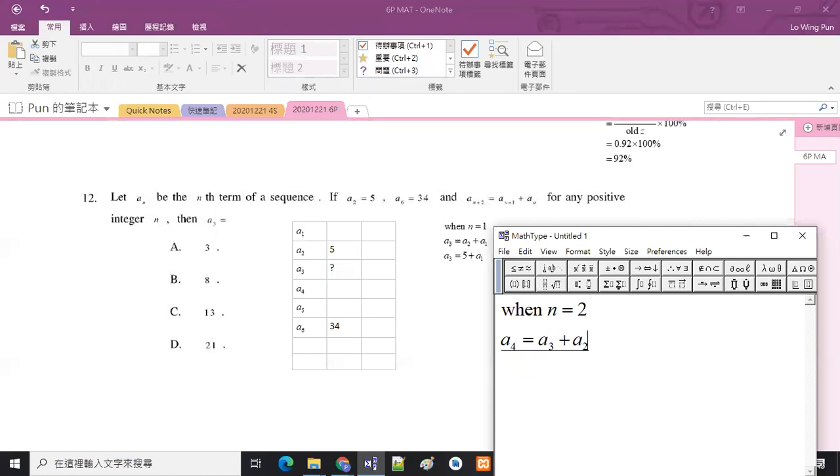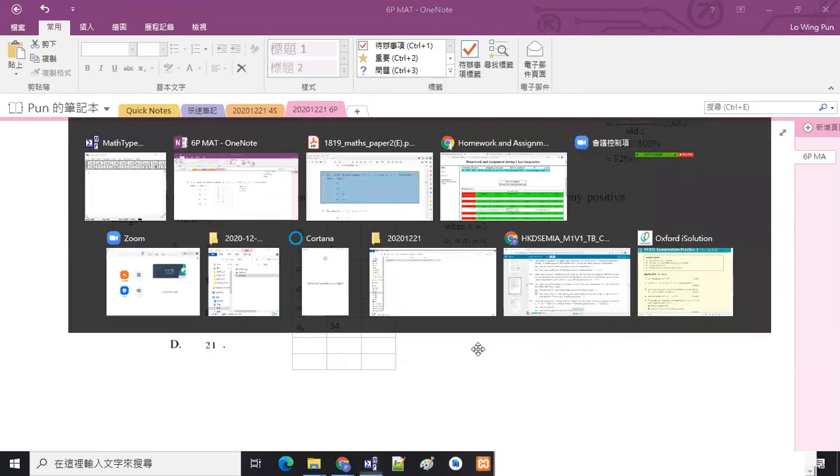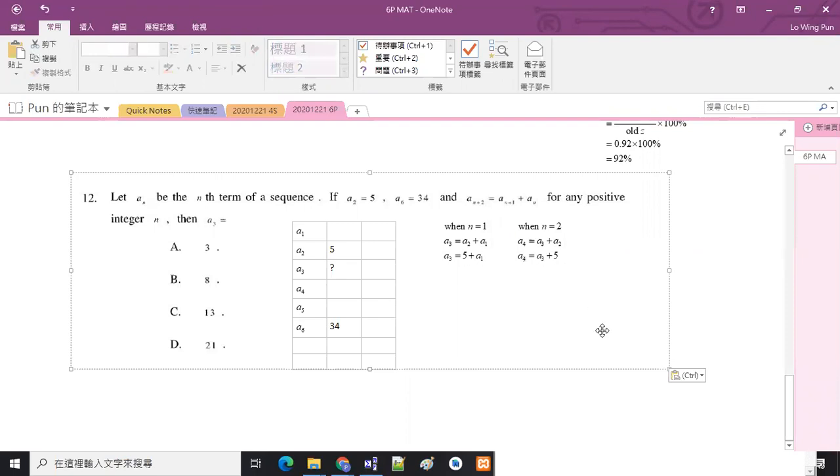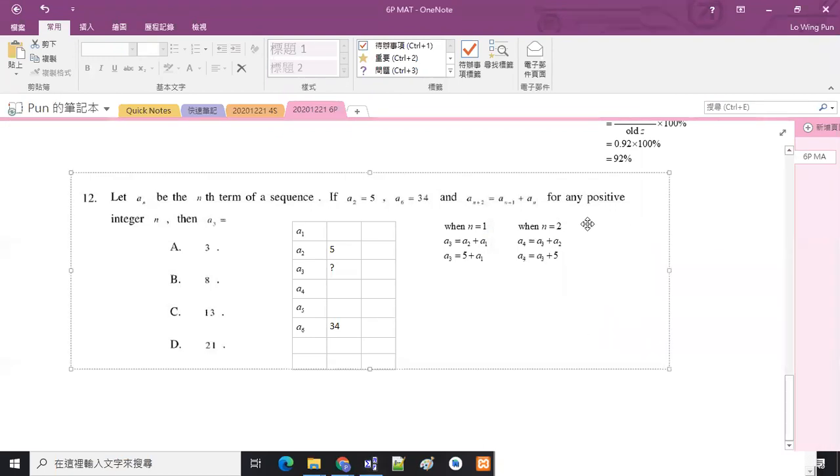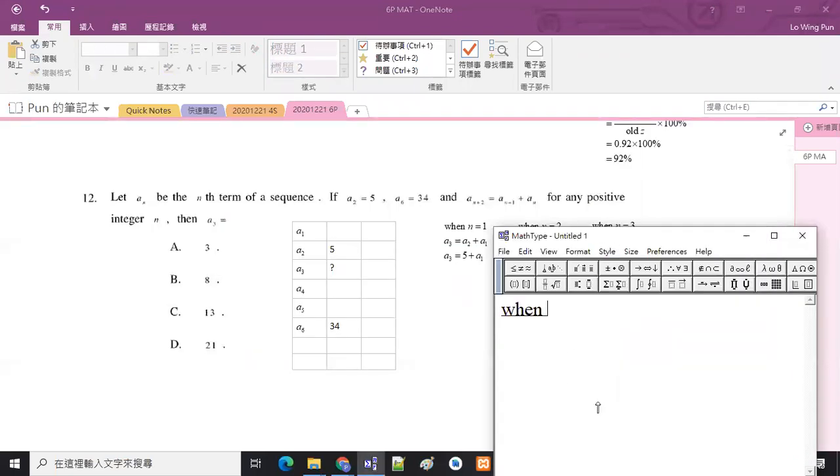But we know that A2 is 5, so A4 is equal to A3 plus 5。但係都係有兩個未知數，都係未可以計到住嘅。咁所以我哋又 keep 住喺度先。And then when n is 3, we have A5 is equal to A4 plus A3。咁呢個仲衰，三個都唔知，但係我哋都可能要嘅，我哋 keep 住喺度先，陣間先睇下要唔要。